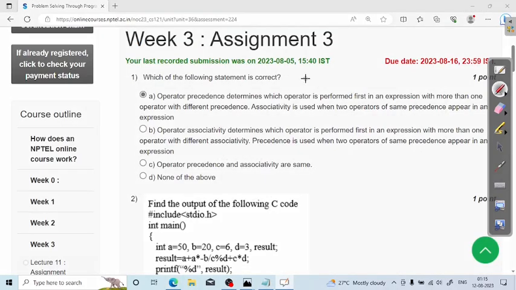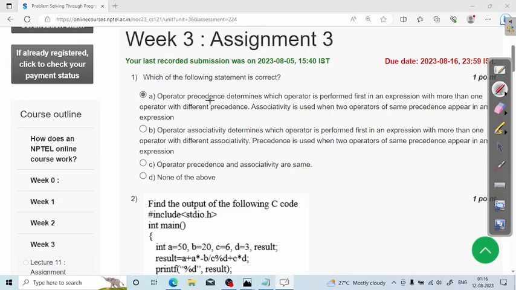Okay, let's start. So now this is week 3, assignment 3. Again we have 10 questions and we'll try to understand all of them. In the first question it says, which of the following statements is correct? Before starting, I would like to tell you that this week 3 is completely focused on operators, precedence